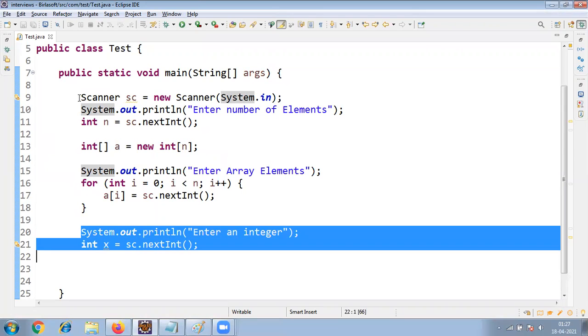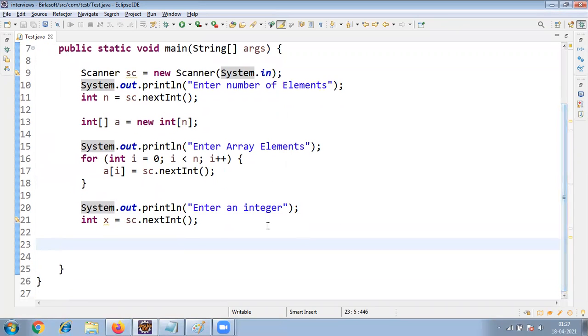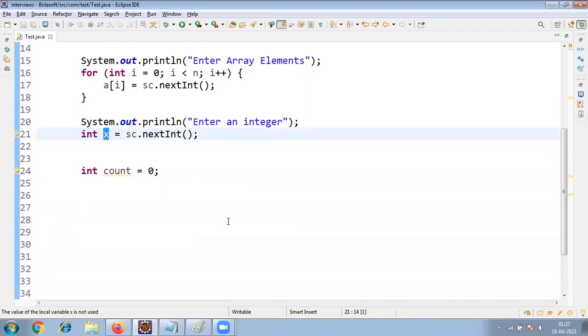After that, enter an integer value. X is one value, then we need to check, right? So that's it. Now here I'm going to take three variables, friends. See here, what are the variables I want. So int count equal to 0, friends. Why am I taking count equal to 0? I need to check whether X is available. First I need to check whether X is available or not in the given array.